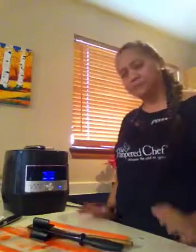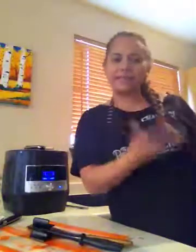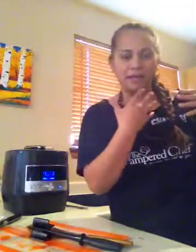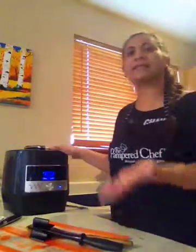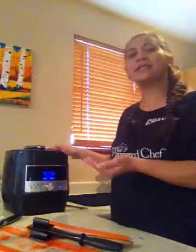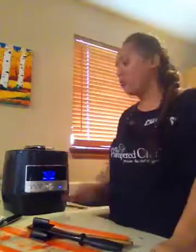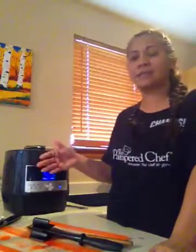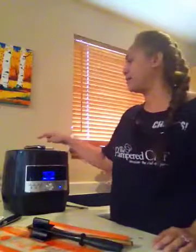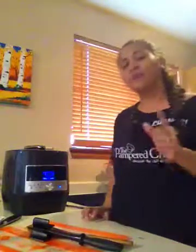So you press start. Just like your oven, the oven needs to preheat before it actually sets the temperature. The pressure cooker needs to do the same thing. It needs to come to pressure, and then you're going to see the timer display 40 minutes, and then it'll count down, okay? Once 40 minutes clears, it's going to go into its natural steam release, or you can manually release the steam by pushing the button and all the steam will come out. So totally up to you. If you want to delay the cooking,